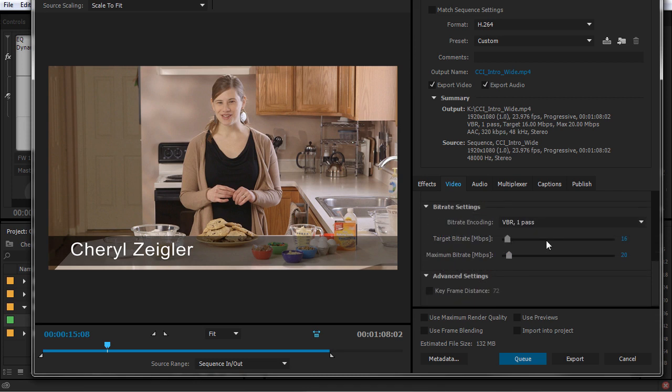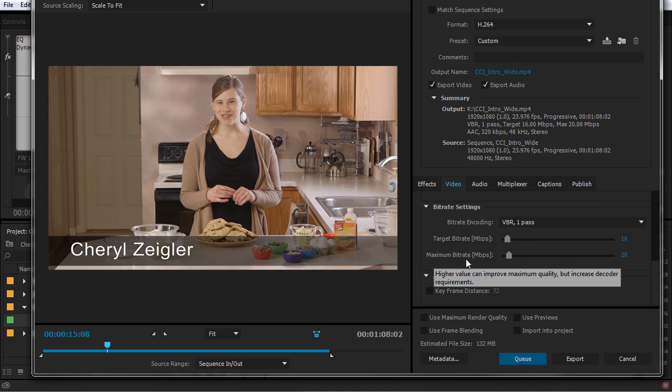Then you can adjust your overall bit rate, which is essentially the data rate that it's going to use to encode the video. So if you set this really high, you're going to have large files. If you set this really low, you're going to have smaller files. Now for this particular encoder, that's also going to have a direct correlation on the quality of the encode. Although at some point, as you move to the right here, you're not going to see any more quality, but your files will still get bigger. So there's a point where there's diminishing returns.